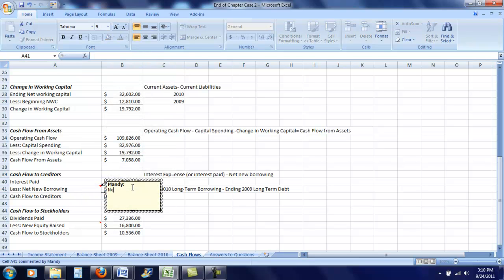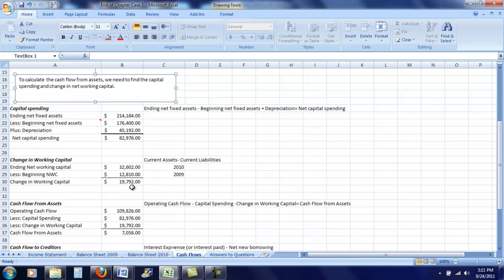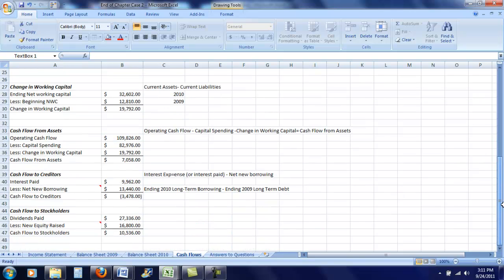Net new borrowing is ending long-term debt minus beginning long-term debt. So my ending long-term debt is from the 2010 balance sheet, and my beginning is from the 2009 balance sheet. So the net of that is